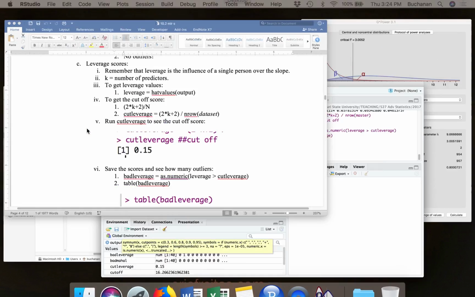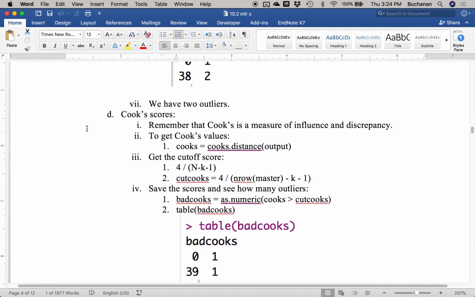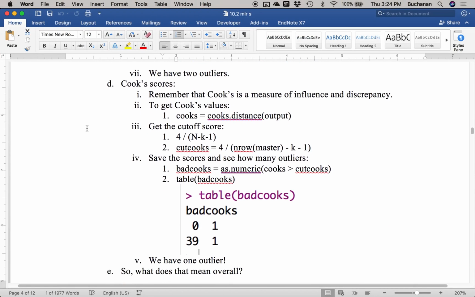But we're going to throw in one more of here, and that's Cook's. Cook's is a measure of influence and discrepancy, which means that it measures how much they influence the slope as well as how far they are away from the rest of the data. So to get those values, it's Cook's.distance,